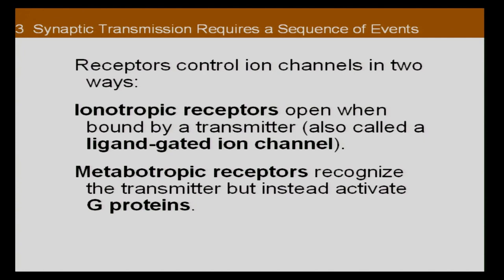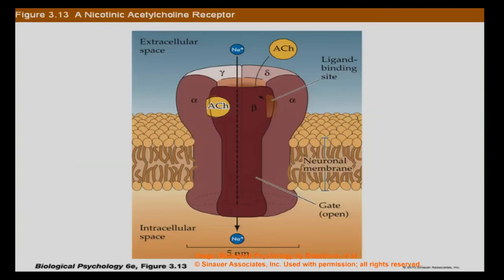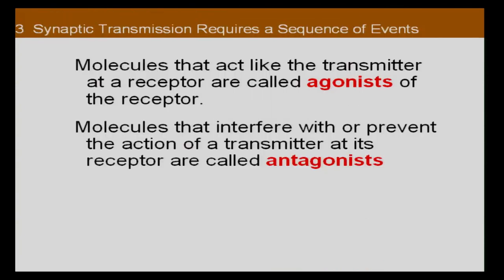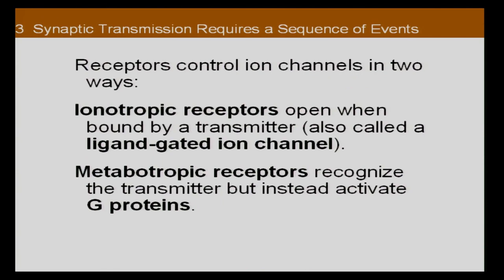The type of receptors and channels that we've talked about so far have really been mainly ionotropic receptors. That is, just like this acetylcholine receptor is an ionotropic receptor. What does that mean? Ionotropic receptors open when bound by a transmitter. It's also called a ligand-gated ion channel, and it lets ions through. So ionotropic, it lets different ions through. That's the definition of that type of receptor. It's fast. There are large numbers of them in the brain, but it's not the only major type of